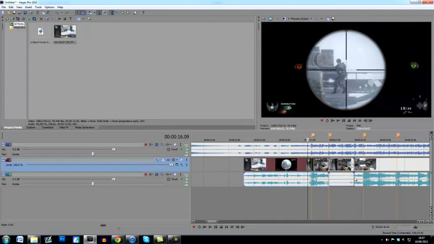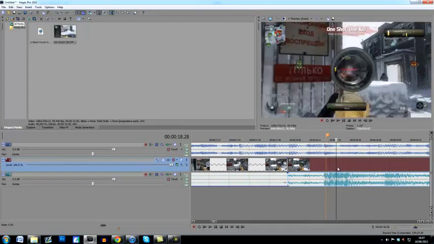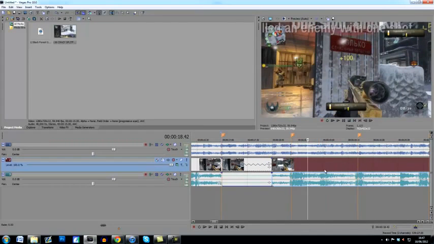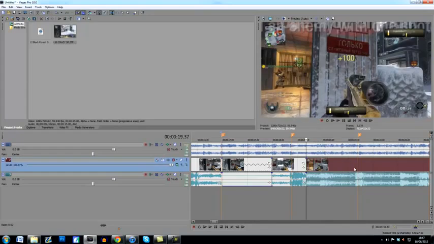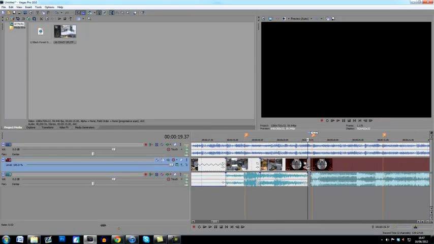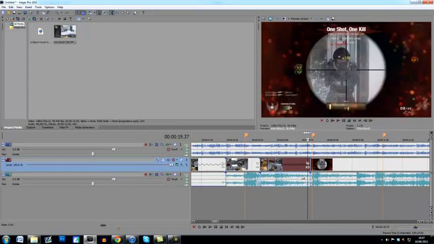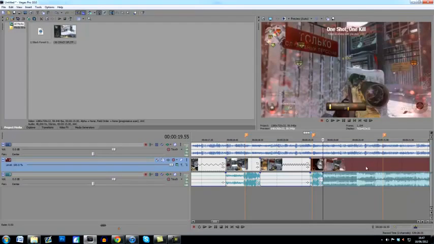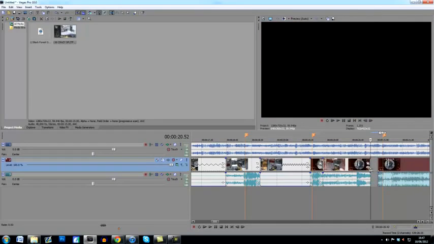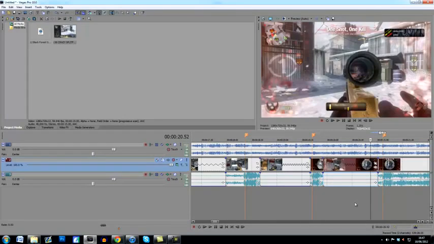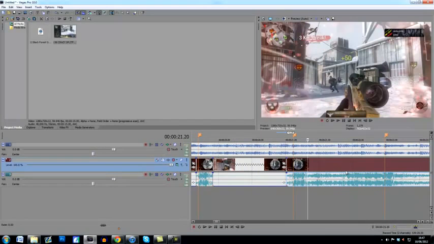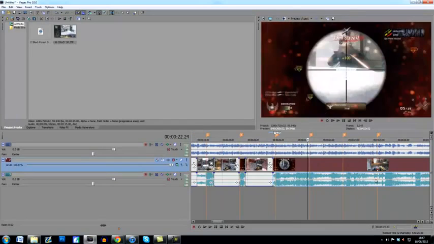So what you're going to do is go through the song, get all the sync points, so all your gunshots. That one looks okay pretty much. Want to drag that out a little bit, and you want to go through and do this. And this is what I kind of do, and I can do quite quick edits doing it this way. That one looks okay,